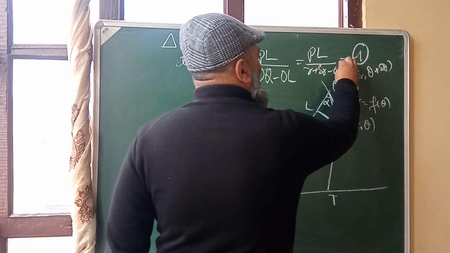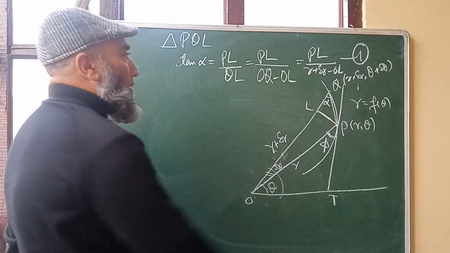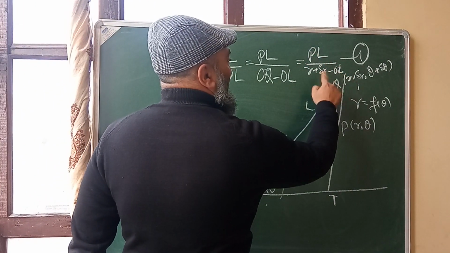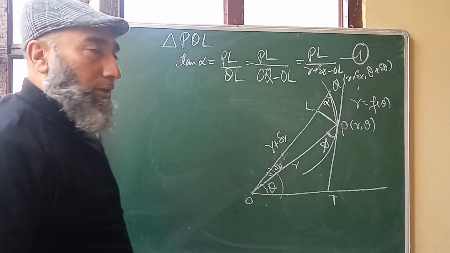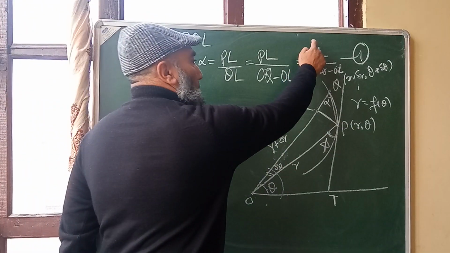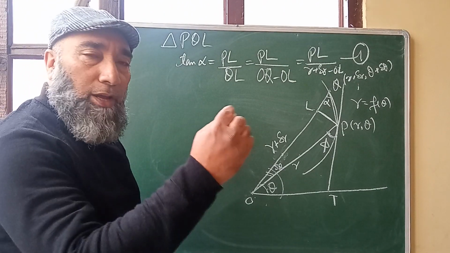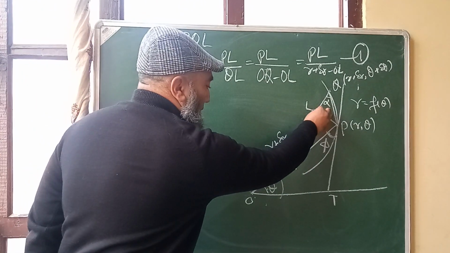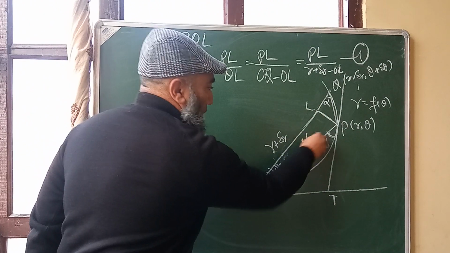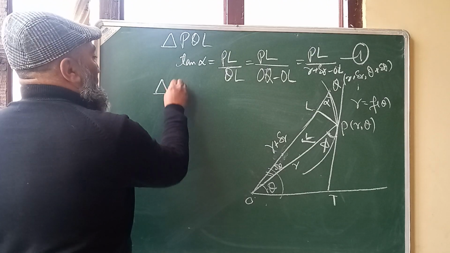So there are two unknowns in 1 now: PL and OL. This is PL, this is OL, sorry, not QL. OQ is R plus delta R. Now I will try to find this PL and OL in order to find the angle phi between tangent and radius vector. What I will do, now I will take up this triangle, from triangle POL,